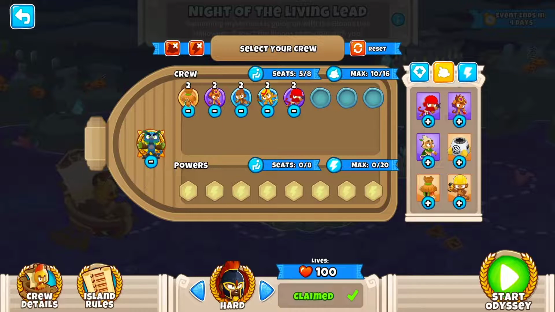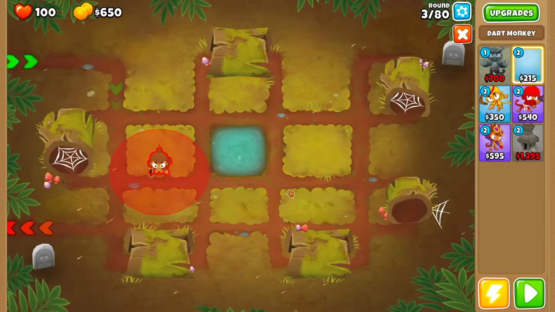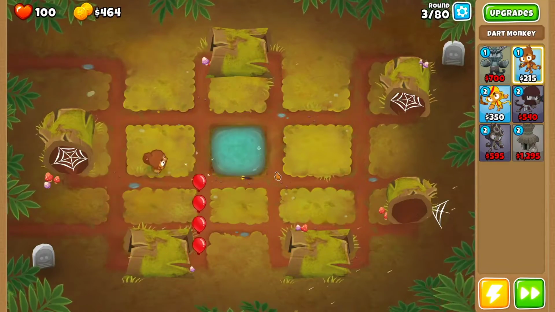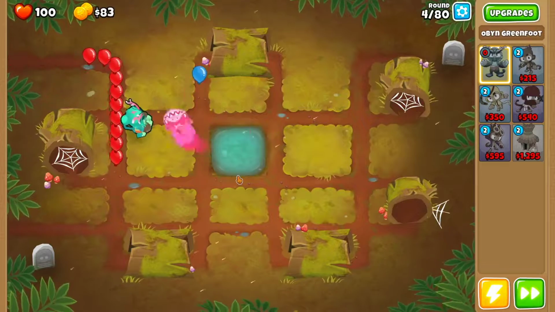So you can see 2 villages, 2 alchemists, 2 dark monkeys, 2 boomerangs, and 2 ninjas. And yeah, that's it. So let's start. As always, these are recording voiceover, so I can speed up this video and you can see the strategy in detail. Now, what this Odyssey is all about is the fact that every 5 rounds, so in round 5, round 10, 15, 20, and so on,